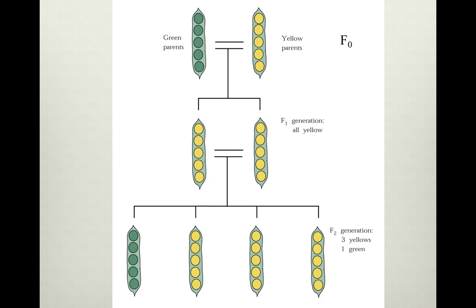What this demonstrates, because we know the difference between genotype and phenotype, is that the genotype of that first generation is going to be what we call heterozygous. That is, they're going to have one allele for green and one allele for yellow. This recessiveness of the green isn't going to be visible until your F2 generation, the grand offspring of that first cross, when you will have one phenotypically green pea pod and 3 phenotypically yellow.